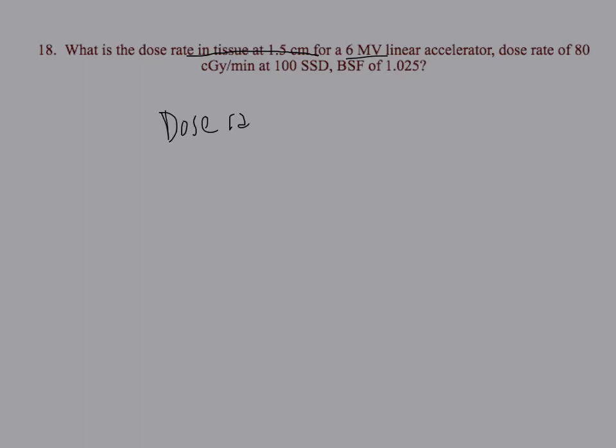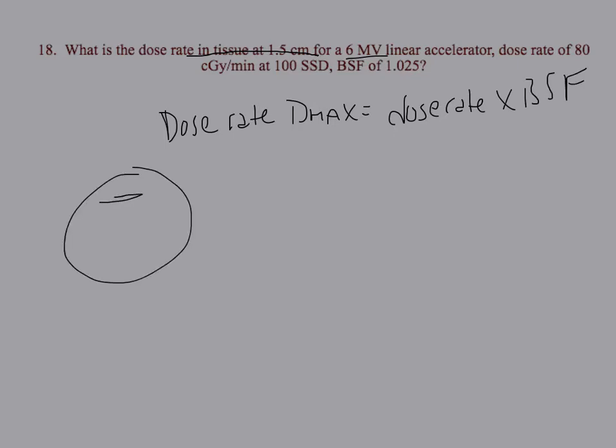The formula for that is dose rate times backscatter factor, because basically I'm getting it right here at Dmax. I have the output, I have how much dose is coming in, but I need to add to that any dose from backscatter, from scatter. Okay, so my dose rate, I told you, was 80. My backscatter factor, 1.025. Do the math, and you're going to get 82